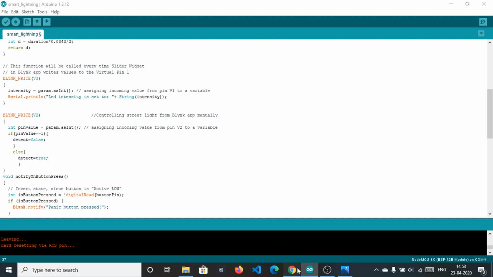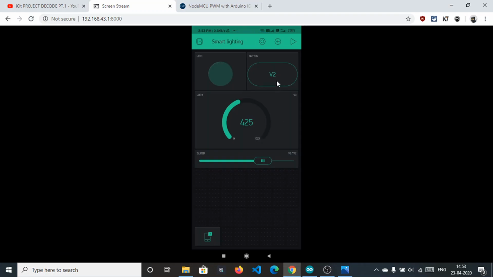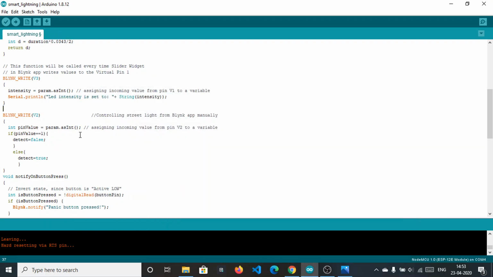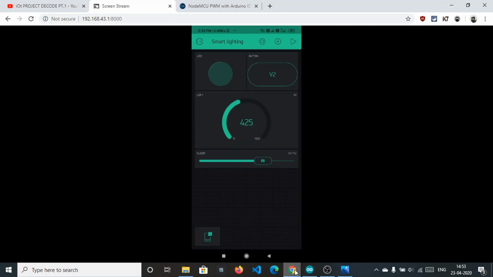As you see here, if this button is turned on, then this whole street light system will work. And if this button is in the off state, everything is working fine, our street light system will work fine.